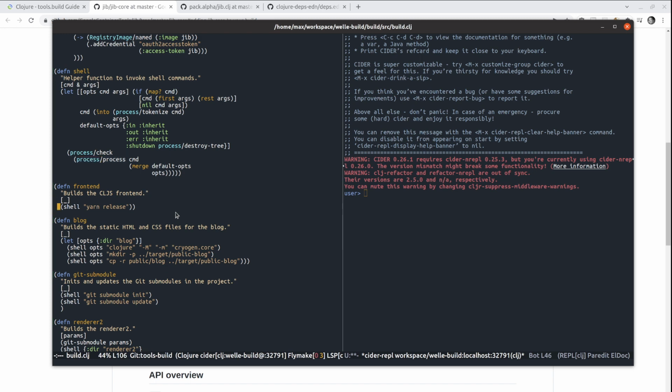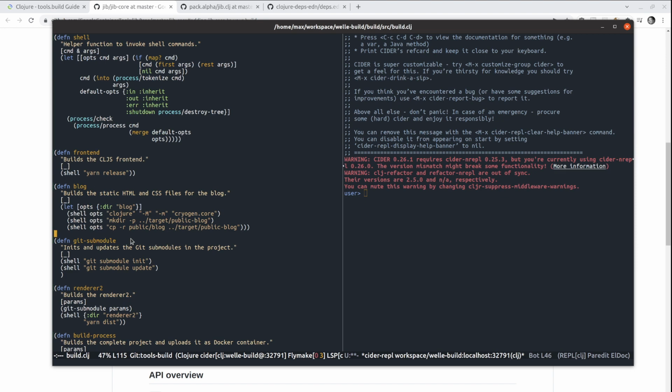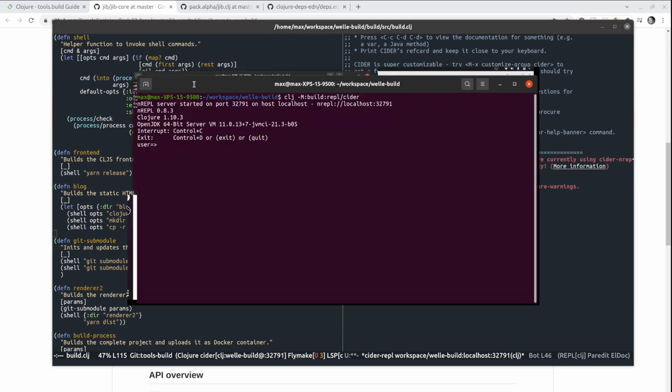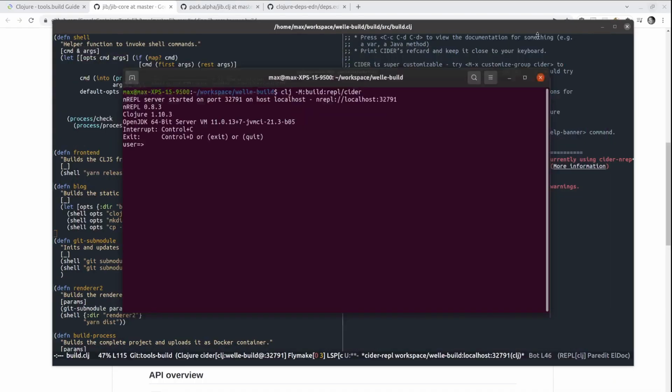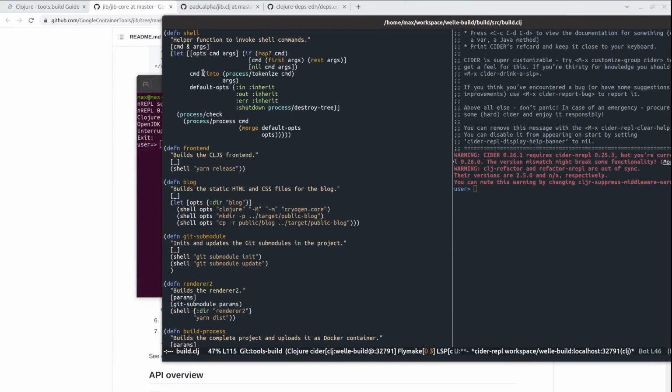So here with the shell command, I just do the stuff which I also did in the previous build process. So building the front end, it's built with Shadow CLJS, but all the single steps are defined in the package.json, and Yarn will invoke it. But yeah, the great thing is that when we have the output